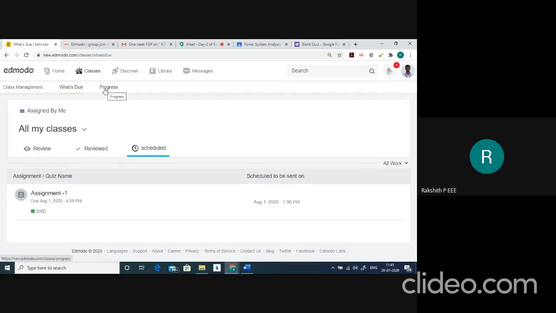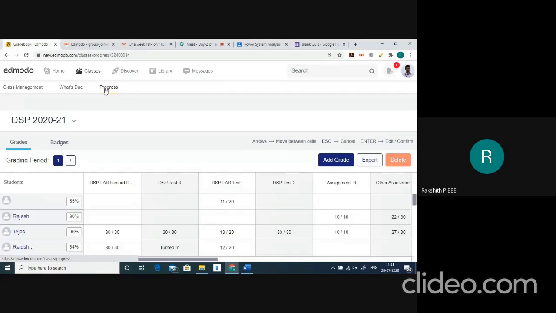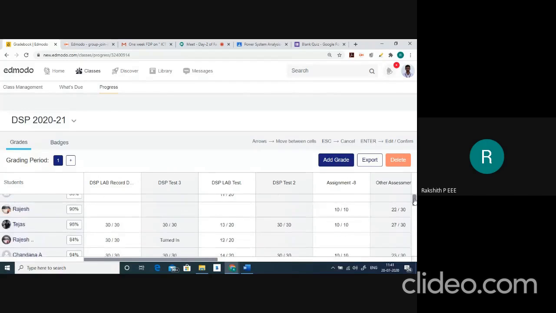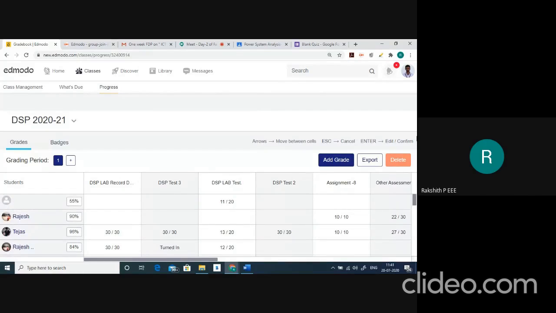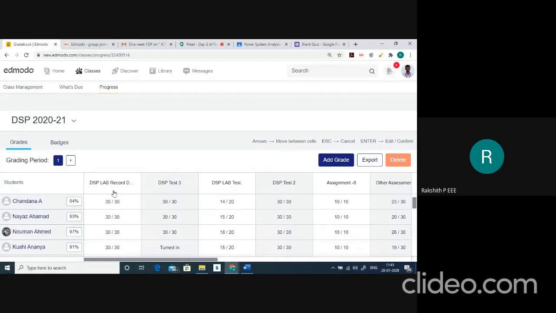And if you select progress, here it will show the grades that you have given. Say for example, I have created an assignment with the name DSP lab record and I have assigned this much marks to those particular students.